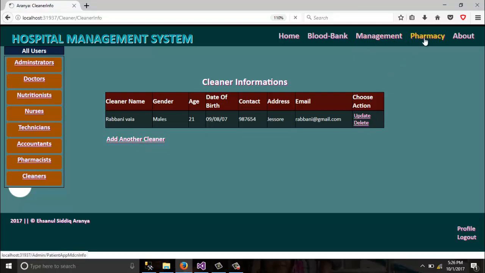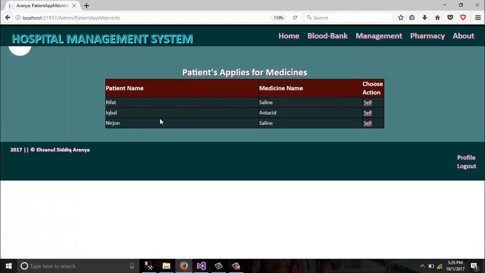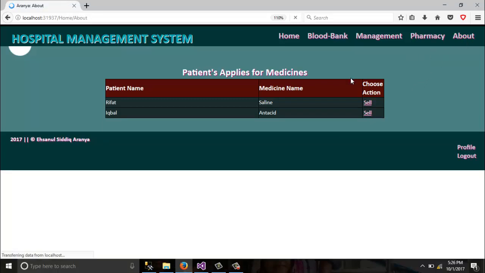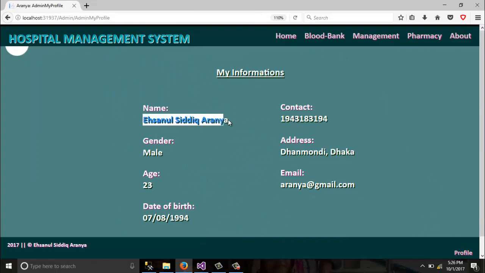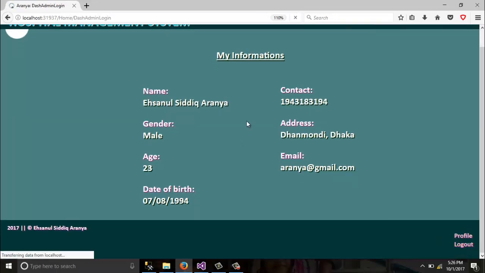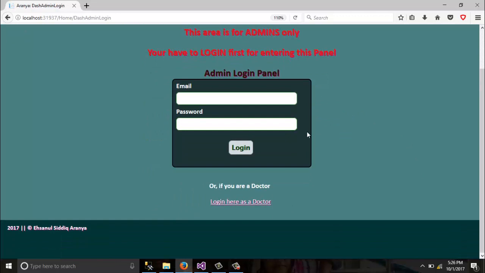And when you go to the pharmacy, you can see the list. There is a patient who applied for saline, and you can sell it from here. You can go to the about page, and you can go to the profile to know who I am, and you can log out from here. So it was my project, a hospital management system, where you can